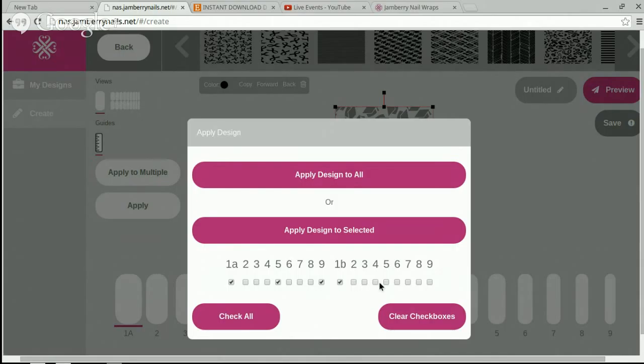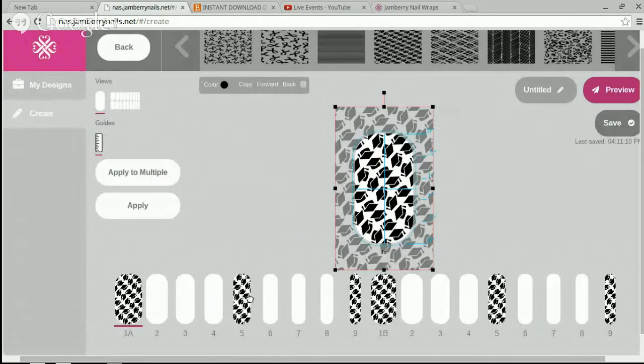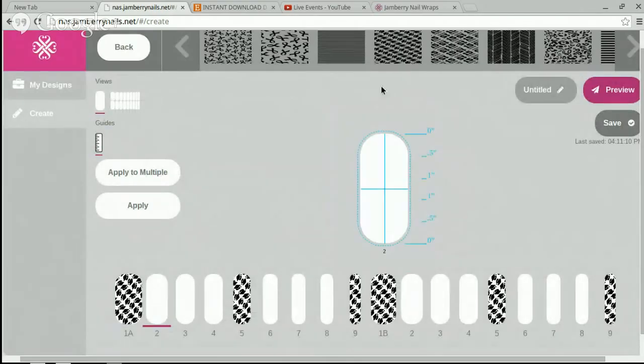And here, here, and here, and then apply design to selected. And that's going to then put them in those boxes. Okay, so now I've got my black caps. Now I want to do a different nail. Let's just say I want to do